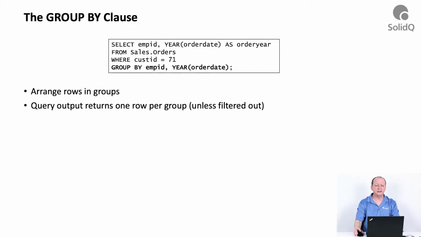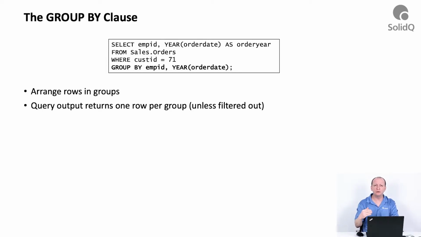The group by is essentially about organizing the rows that were returned by the previous logical step, namely the where step, into groups. And the way you define those groups is by providing a set of expressions within the group by clause. So in this example, we want to group customer 71's orders by the employee ID and the year of the order date. So for each such group, the rows that have that employee ID and the order year